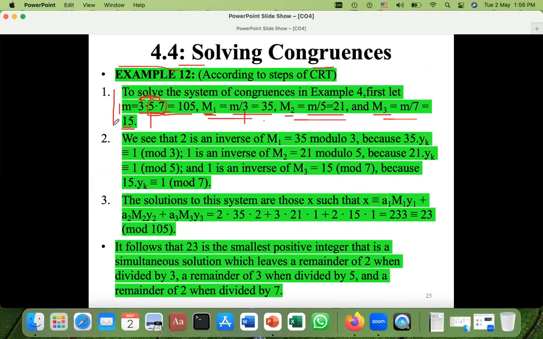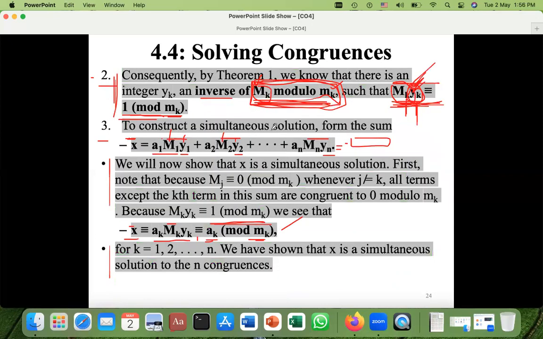And what is the next step? The next step is to find the inverses, for example for m1, for m2, for m3. And how can you write it? For example, M1 is equal to 35 modulo 3. This is what you can write. This is what you can write. This Mk modulo